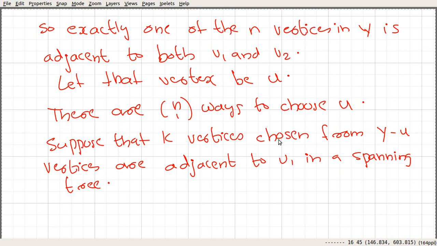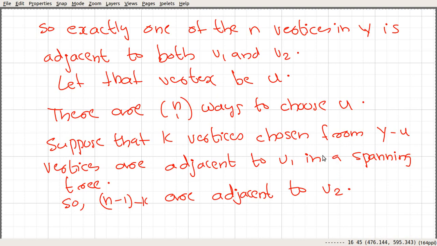Then the remaining n minus 1 minus k are made adjacent to V2.